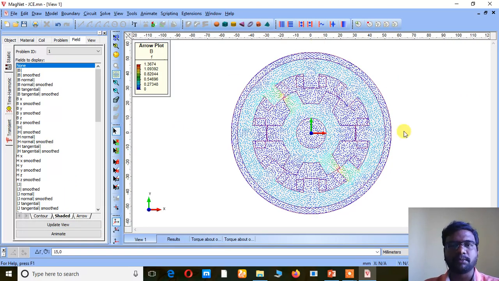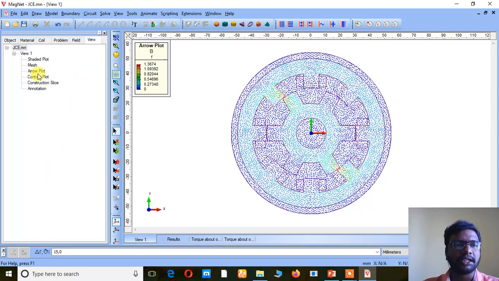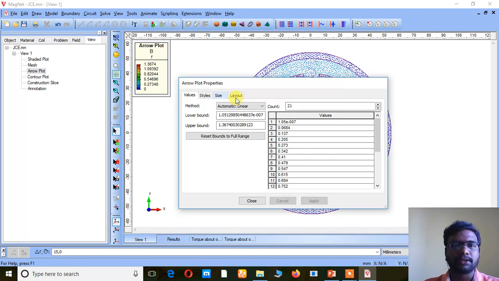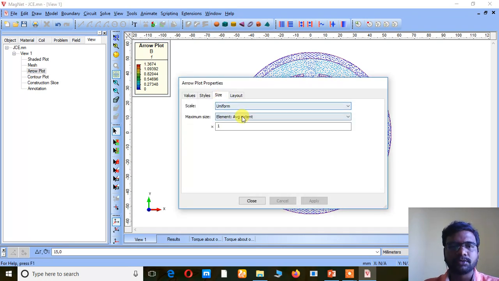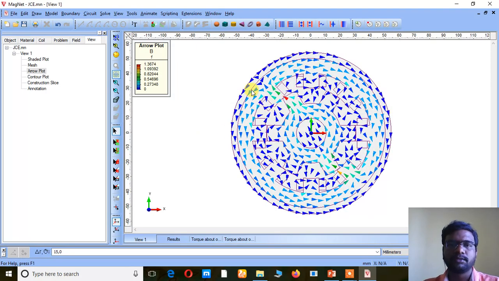So this one is somewhat tiny, right? So I'm going to increase the arrow size. The size I'm giving manually, so take it as 4. So this is the direction of the flux here. So here at this portion, consider this is the mid pole, the center pole.